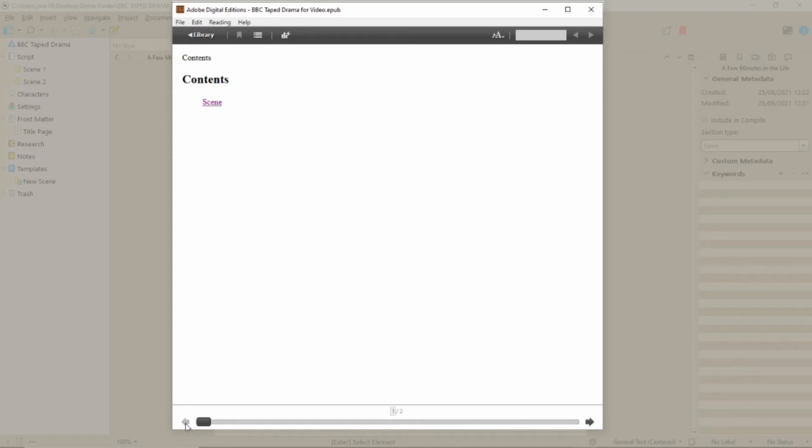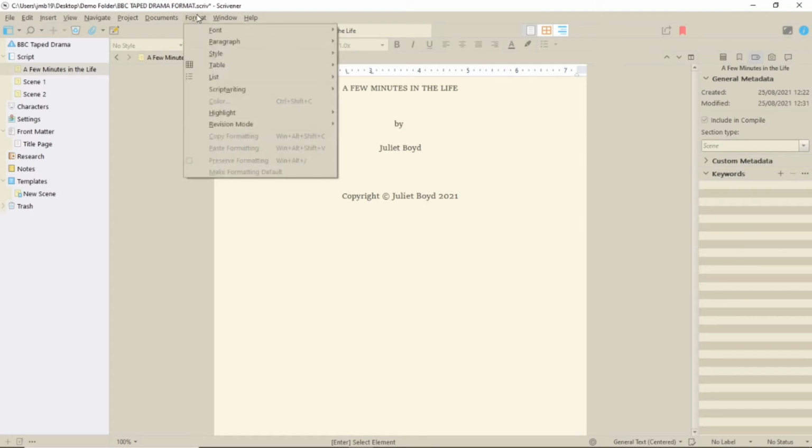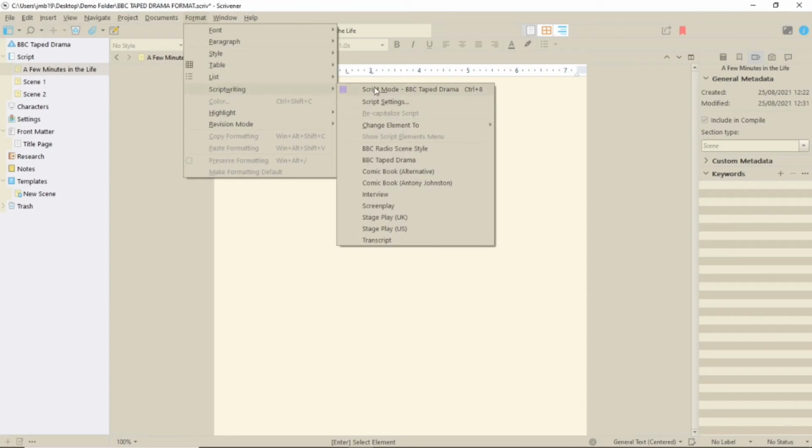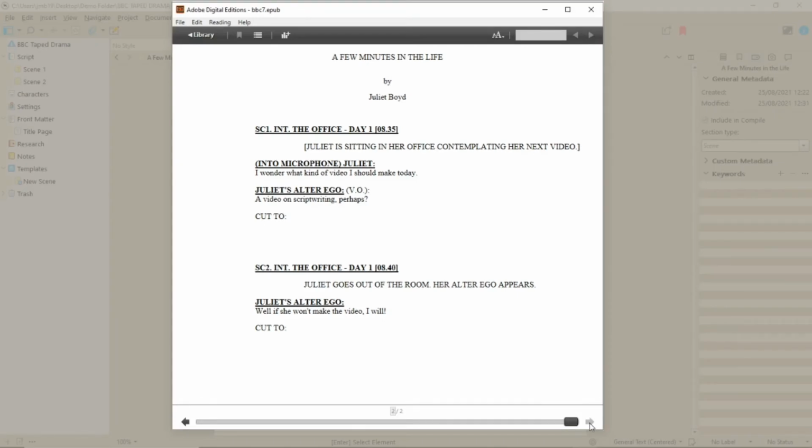There is also no title page because I didn't add one specifically for the ebook. I need to do that. The simple solution for this is to have a plain text page with all the details. I've put it before the scenes, but if you're doing both paper and ebook, you should make a folder in Front Matter. You can choose general text as an option in the script writing defaults, and then display the text as you want. I'd cancel script writing mode if you need to create a few extra pages for the back matter too. However, as there is currently no page break format with this compile template, the title page will still run on to the first scene.